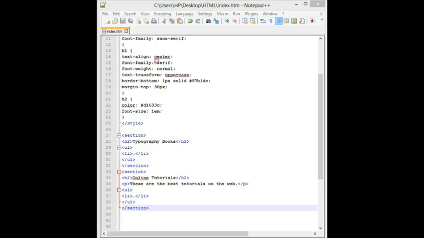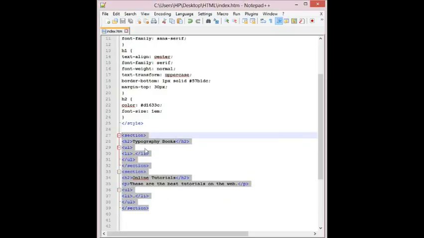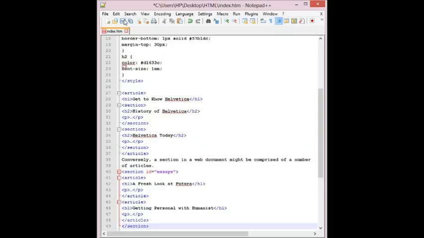To make things interesting, a long article could be broken into a number of sections as shown here. Okay, just let me show you. So if I go ahead and save it,